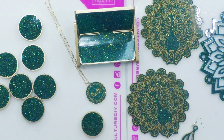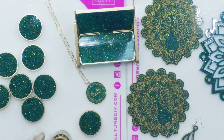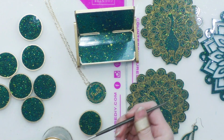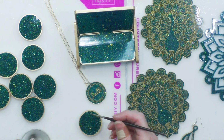I am going to take one of these and put my initial, or it could be somebody else's initial, and just hand paint it in there with an oil-based paint so it'll be permanent. Changed my mind, I'm going to use liquid gold. It's a brighter gold that matches the gold pen. I've got a really fine small brush, so